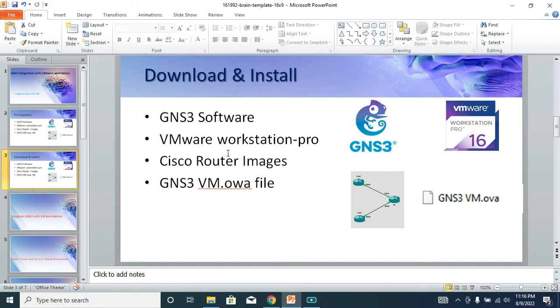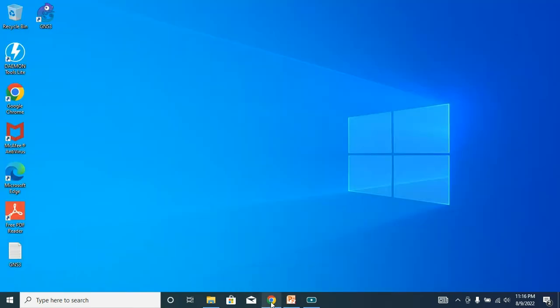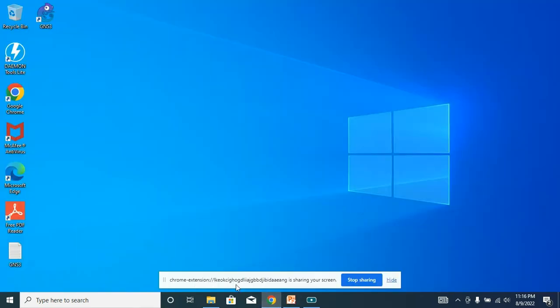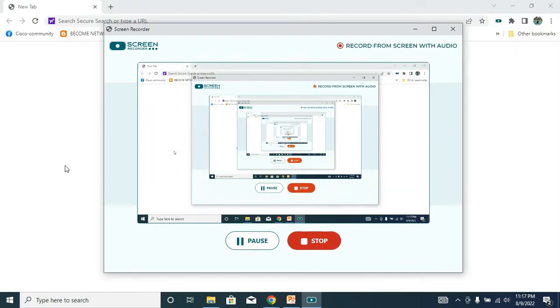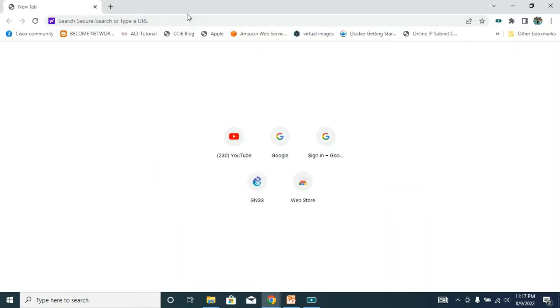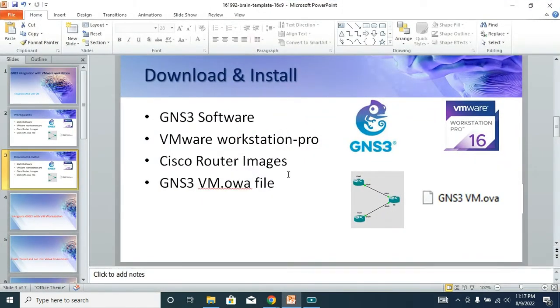So let me quickly take you to the VMware Workstation Pro. Let me pause it and open. Okay, now it has opened. There was some issue, it was sharing the screen. Okay, we were at this stage, part 3 now, in which I'll let you know how to download the VMware